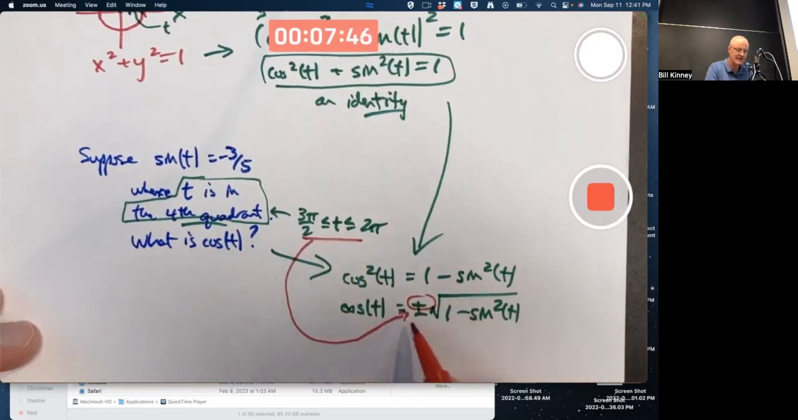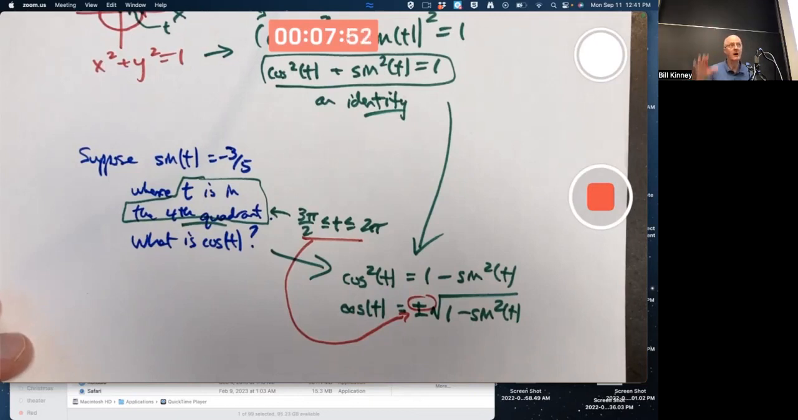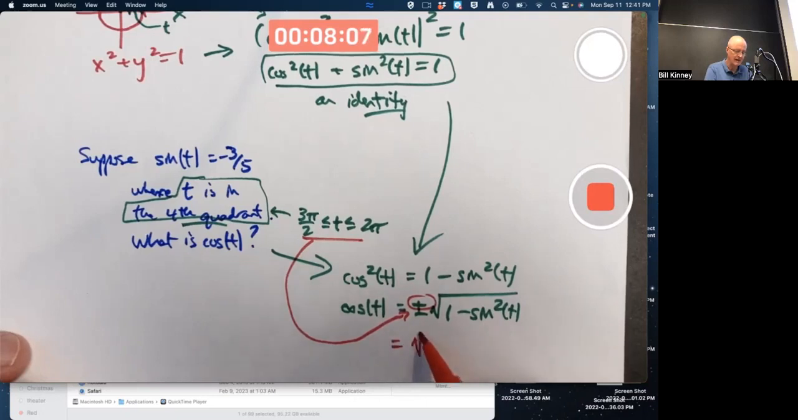That implies take the positive square root. If we happen to be in a quadrant where the cosine is negative, second or third quadrant, then we take the negative sign. So you have to think about what quadrant you're in if you think of the number as an angle. So we do take the positive square root,